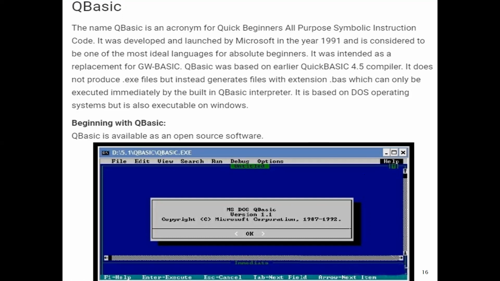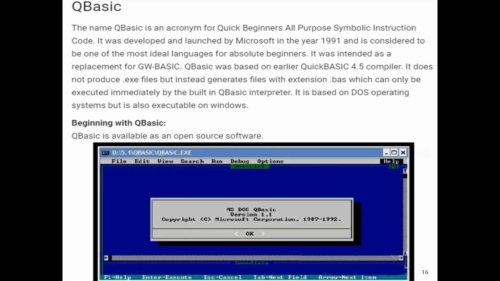It is called Disk Operating System, but it is not executable on Windows. So depending upon the compatibility of Windows, you have to use its different version. It is an open source software freely available on the net. You don't have to pay for this. So it is an open source software.